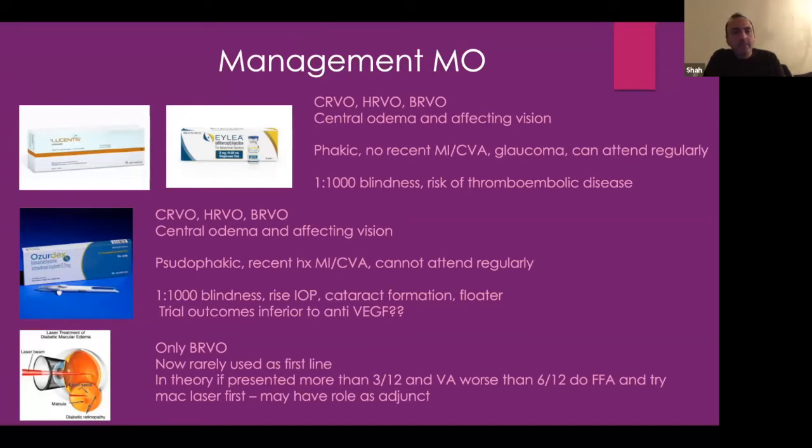But these are the kind of mainstay of treatment for macular edema. So we've got the anti-VEGF therapy in the form of Lucentis and Eylea. One thing we haven't mentioned here is Avastin. Actually, Avastin is used more than any of these drugs in the US and most of Europe. In the UK, it's mainly the licensed product that we use, and they're very expensive. So these are kind of high-cost drugs. But Avastin comes out at a fraction of the cost and does just as good a job, to be honest. But anyway, that's what you get through the NHS.